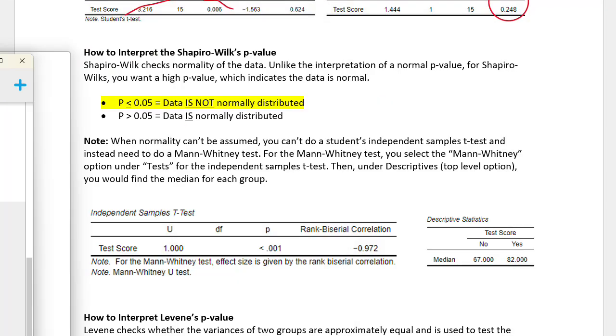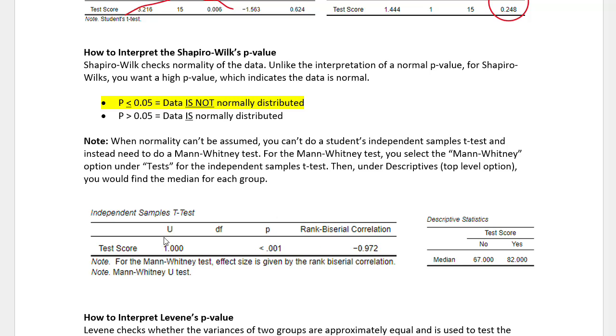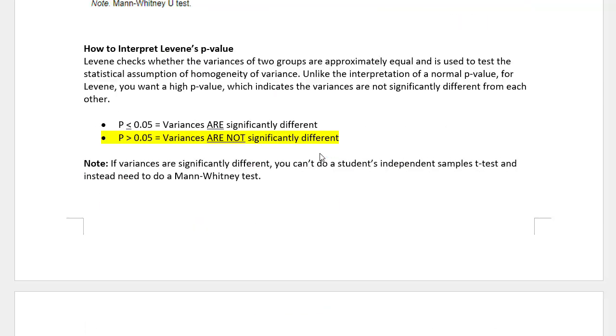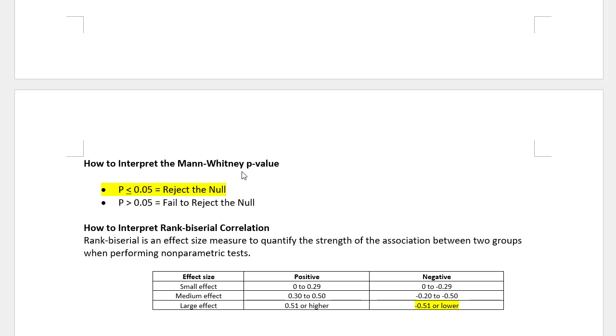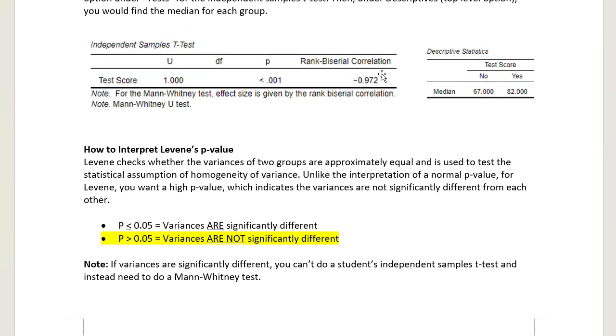So go ahead, copy that over so you can see this is the new information right here that we will be using: the Mann-Whitney U-test information and the median values for our two different groups. So scrolling down, how do you interpret the Mann-Whitney p-value? It's the exact same as any other statistical test p-value. If p is less than or equal to 0.05, we will reject the null. So that means with our p-value of less than 0.001, we do have significant Mann-Whitney test results,